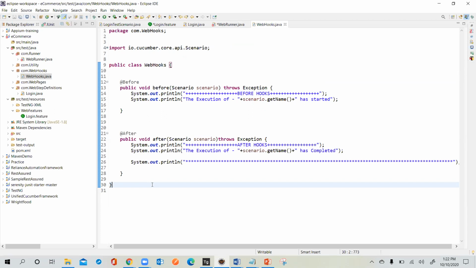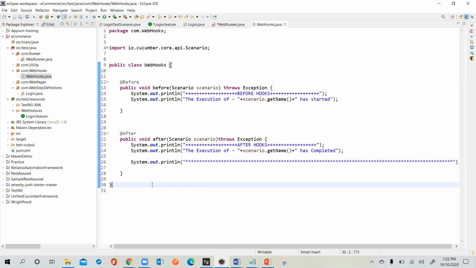Before method means before and after every scenario it should execute. Before every scenario, the Background keyword is executed, but that is for that particular feature file. So this will execute once at the start and once at the end. This matches TestNG; if you understand TestNG, it matches your before suite.